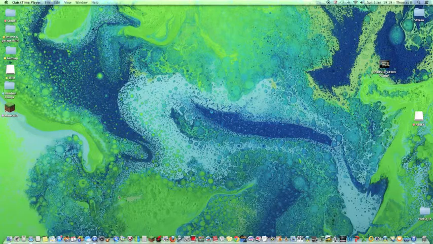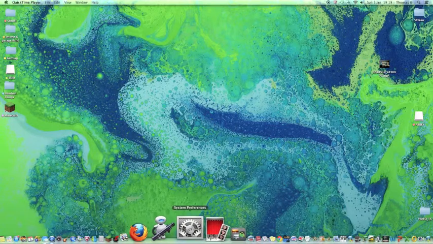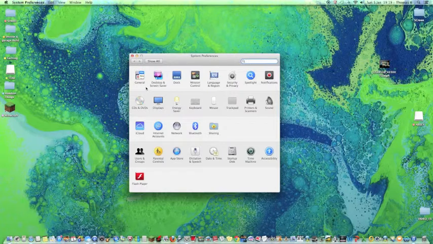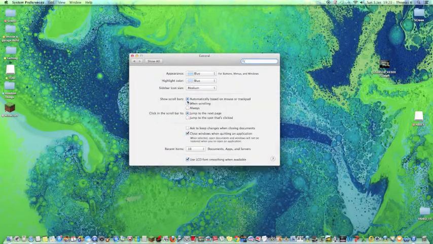Today I'm going to go through the basic system preferences. So here's our system preferences dock. As you can see, there are many things. This is the general bar, and I'll take you through this. So for the buttons menu